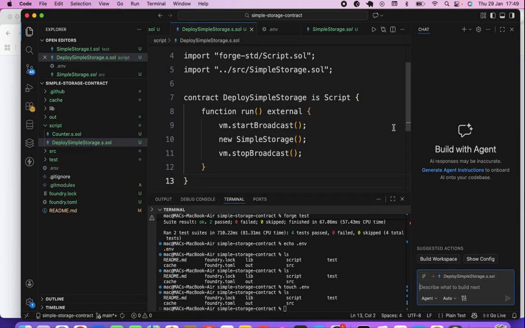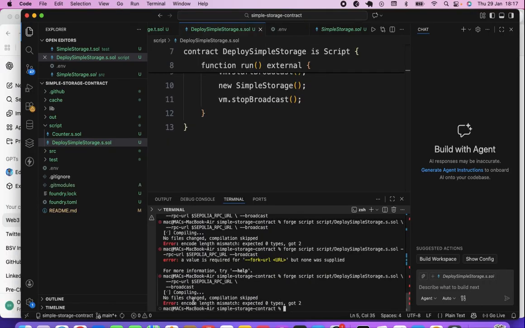So the next thing is for us to deploy. Let's say Command S. Now we come to the terminal. Then what's there? And when we change to our single line again, forge